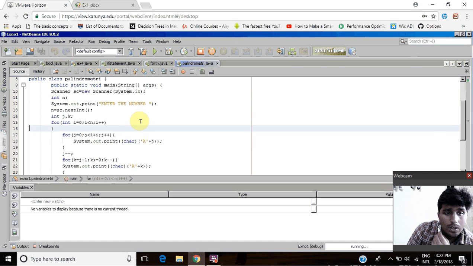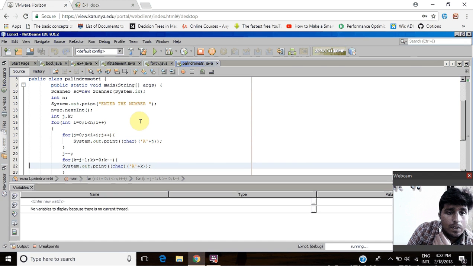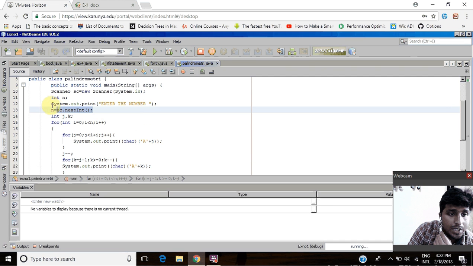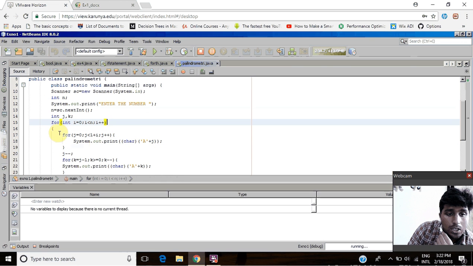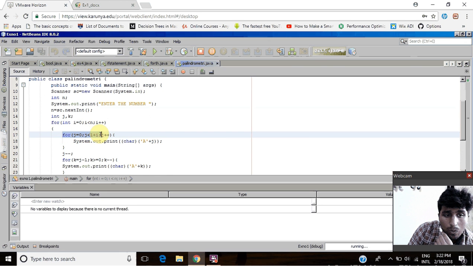So here we take the number of lines, and for each line we are traversing from 0 to 1 plus i, that is the number size. So if it is the first line, it will go up to 0 plus 1, that is 1. So only A would be printed. So we'll get A, and then from there we are trying to move back,